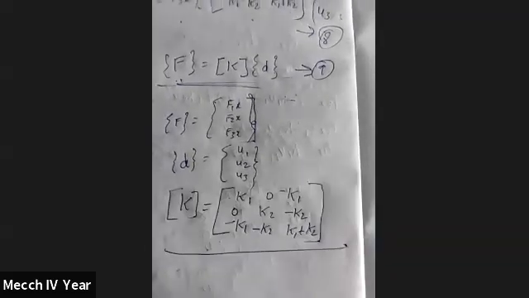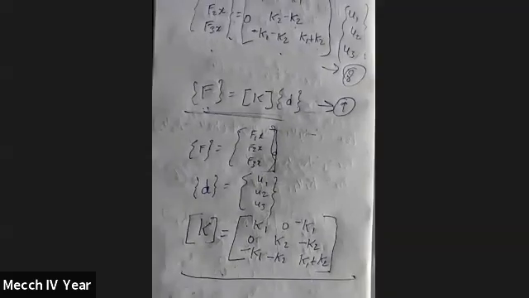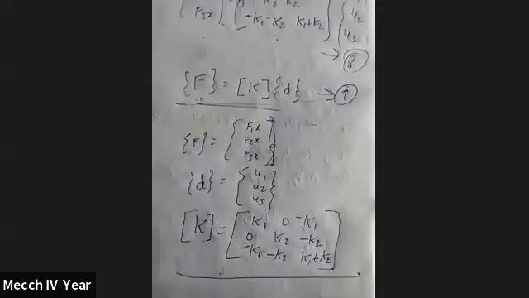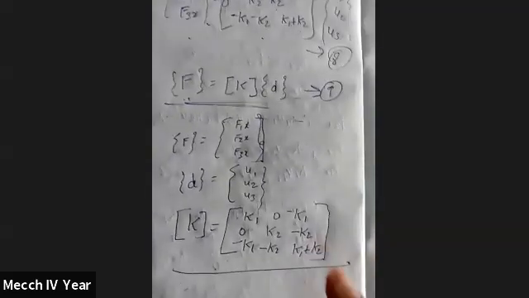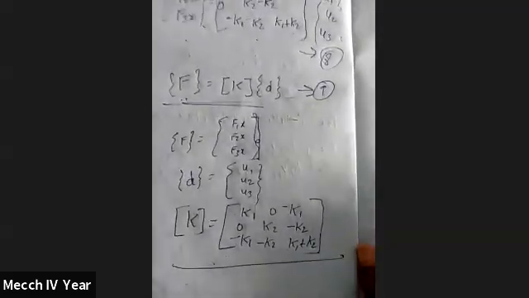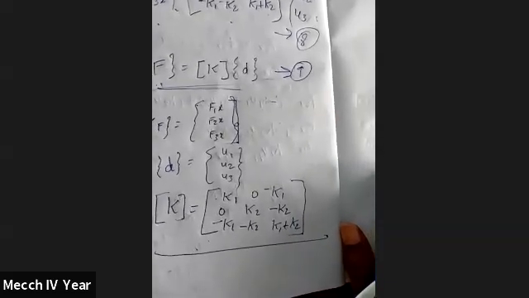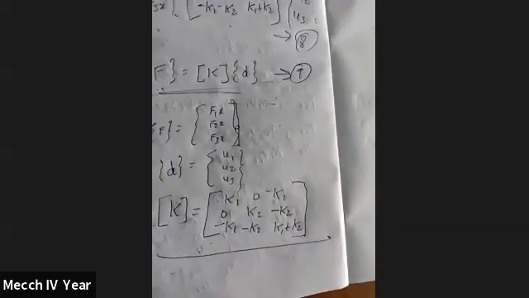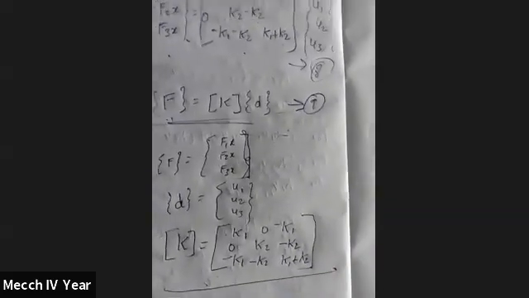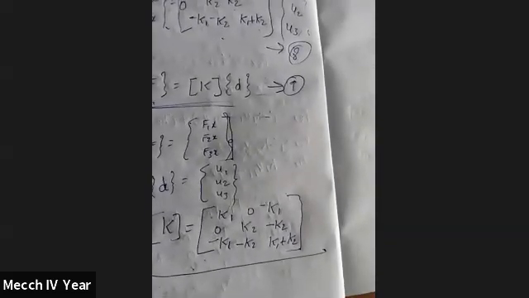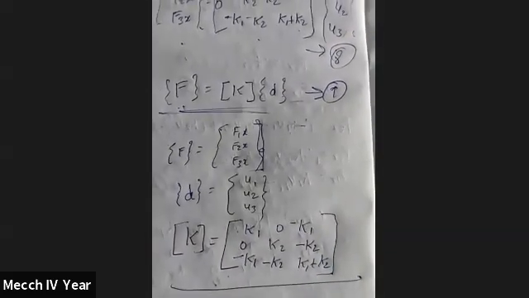Once we assemble one spring with another spring, the matrix formation, at the same time how to find the forces, and the stiffness of the spring K, we can find using this method. And tomorrow we are going to discuss assembling the total stiffness matrix by superposition, that is called the direct stiffness method. In the direct stiffness method we are going to see how to find the total stiffness matrix. Right, do you have any doubts? You can ask.